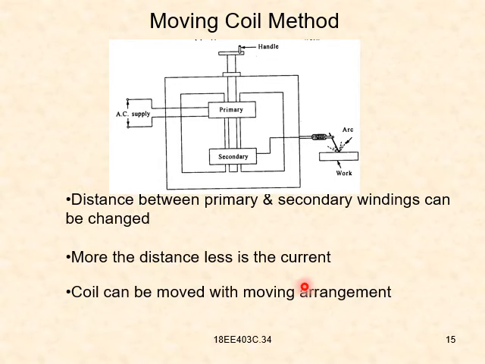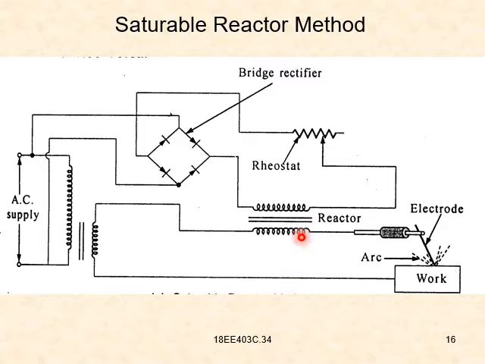Moving on to the next slide, that is the saturable reactor method. Here the diagram is quite large. You can see similarly the primary winding and the secondary winding, primary with more number of turns and secondary with less number of turns, and the primary is connected to AC supply,